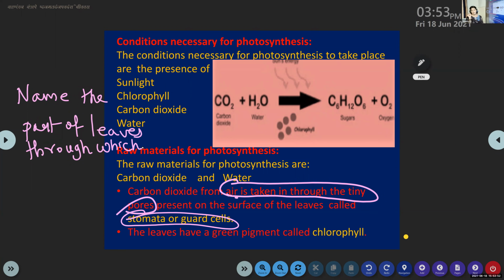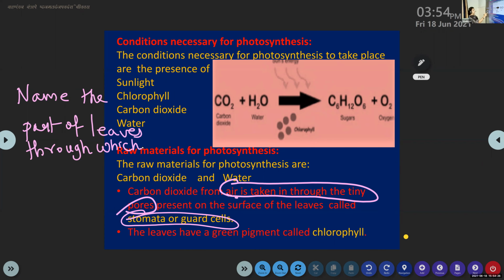You know the strainer at home, your mother strains the tea with it. It is a plastic strainer, and if you look at it, it has tiny pores. Through the tiny pores the tea comes out, but the waste material, the tea powder, remains there. Like that, there are tiny pores in leaves which cannot be seen. The strainer you can see with your eyes, but the leaf pores you cannot. They are known as stomata.